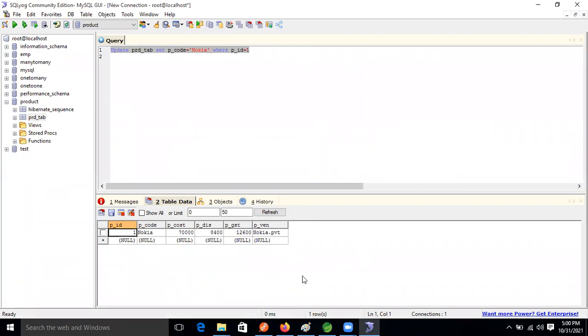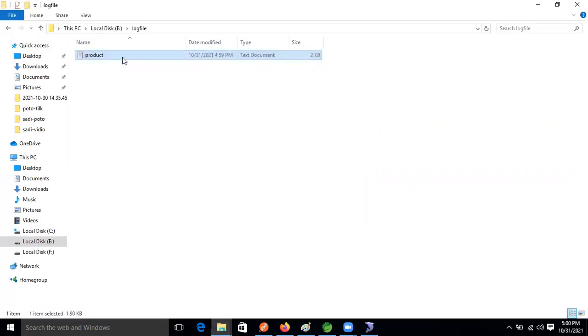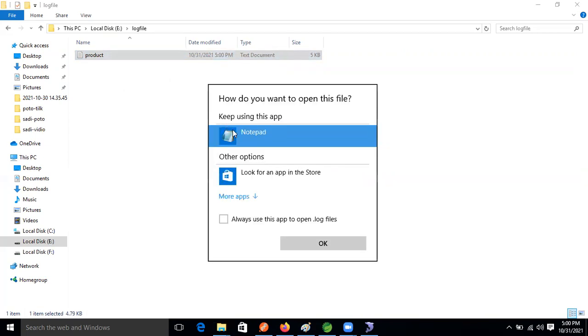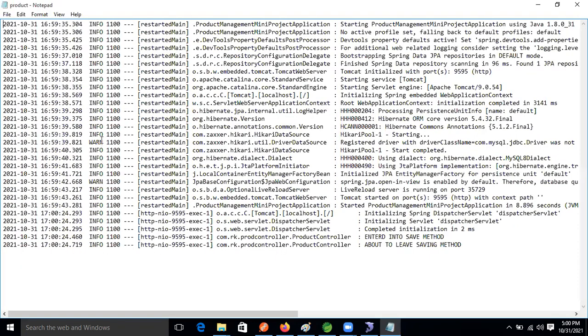Yes, Ravi. Okay, now come here, into the log file. Open our log file now, guys. Okay, now good. So, info, one info, right? See this, guys. Whenever we are making the request, we are getting an info message, right? Observe it, guys. Whenever we enter into the save method, we are getting it in the log file, right?